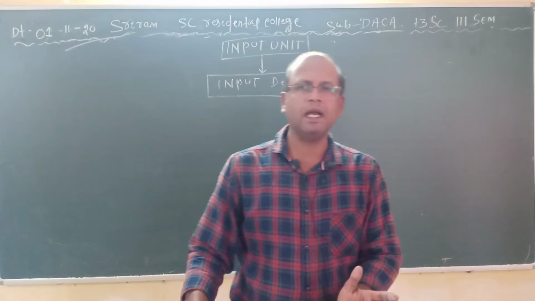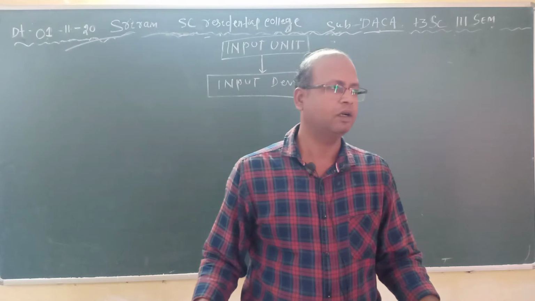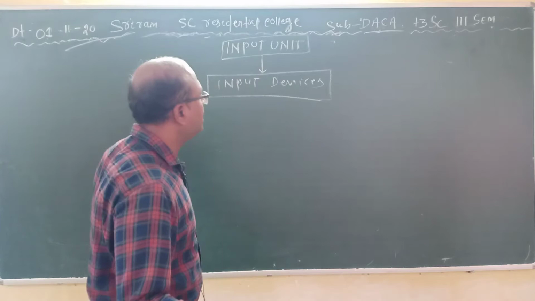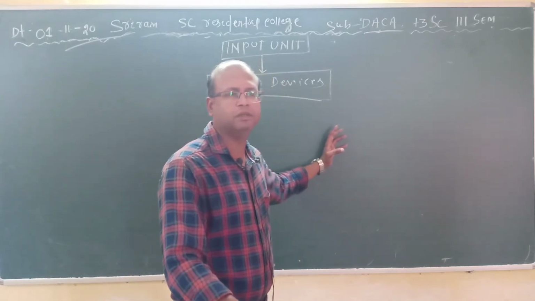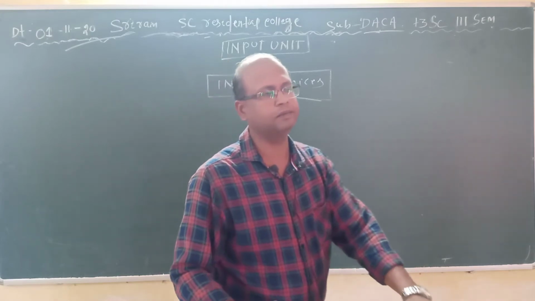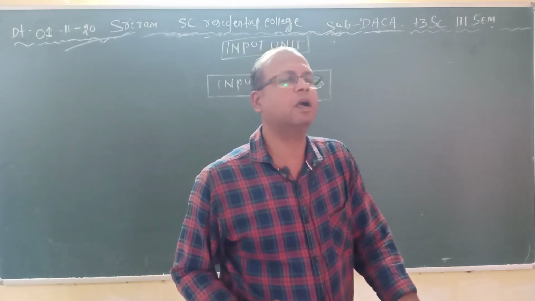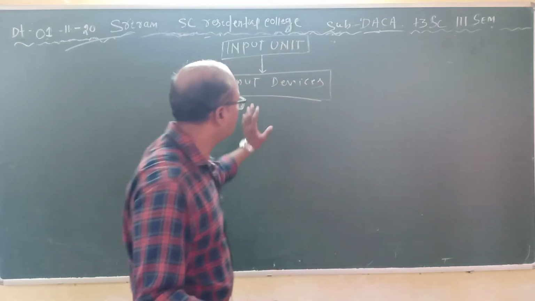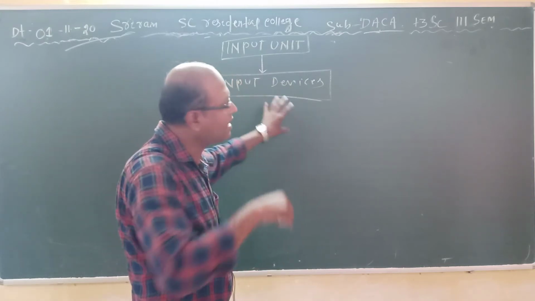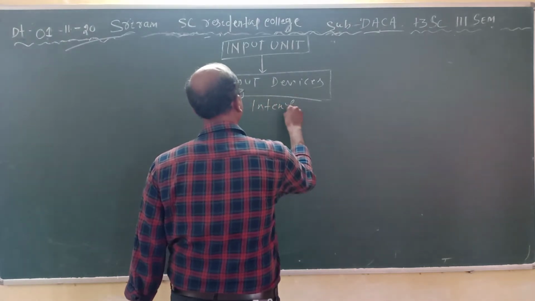The computer can understand the binary language or machine readable format data, but we insert the data into the computer system. That data is human understandable, human readable data, which is not understood by the computer directly. So for this purpose there is a translator, and that translator is known as the interface.